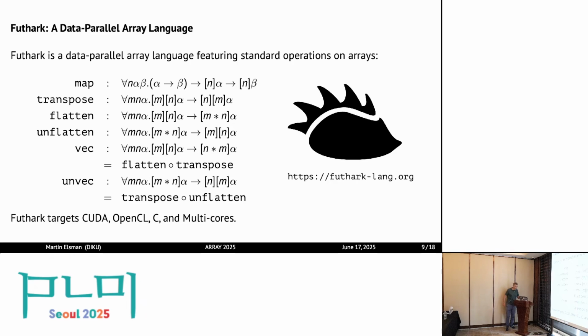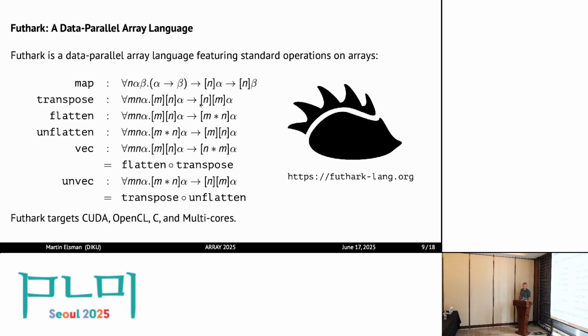So those are basically the Futhark basic building blocks that we are going to use. Futhark has this notion of size types, which means that we can see from the type the dimensions of the arrays that the operations work on. For instance, map takes a function from alpha to beta, and then takes an array of size n of alpha values, and returns again an array of size n with beta values. So we can track the sizes in the type.